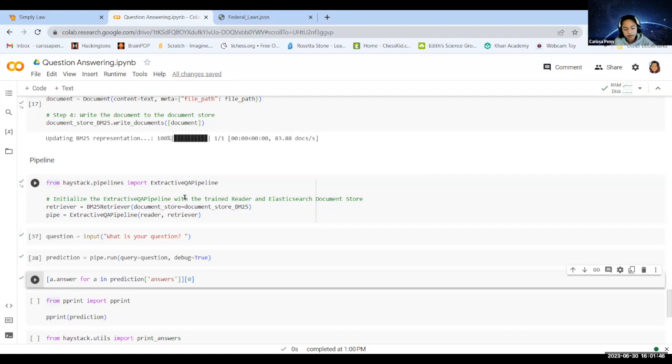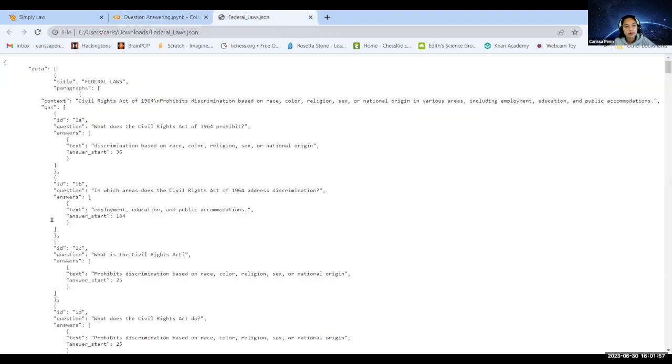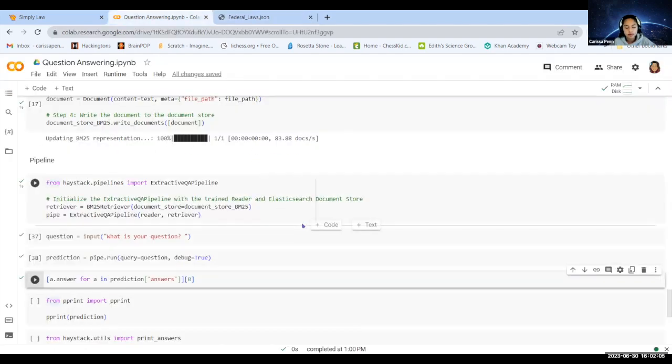I used 2 files to train and run my model. I used a training file with question and answer pairs to improve performance. And this is an example. It had around 4 questions per law, and some had multiple answers. And then I also had a large text data set which included many laws from multiple legal fields like health, education, and labor.